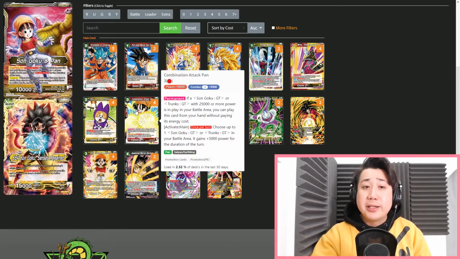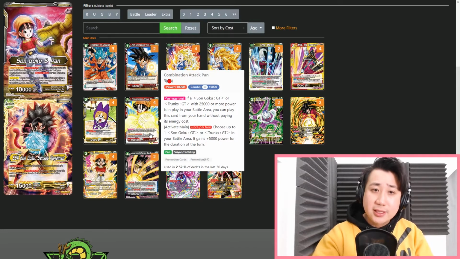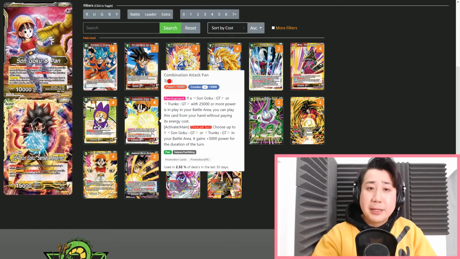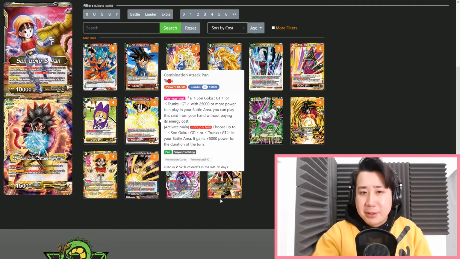And the other one is if you have combination attack Pan, people play that with GT just to give. Why not? You have 30k Son Goku GT. If you don't know, this girl is really amazing. If there is a Son Goku with 35k or more in your battle area, you can play this card from your hands without activating. So if you have 4, slap down that 4. If you have 3, slap down that 3. Then